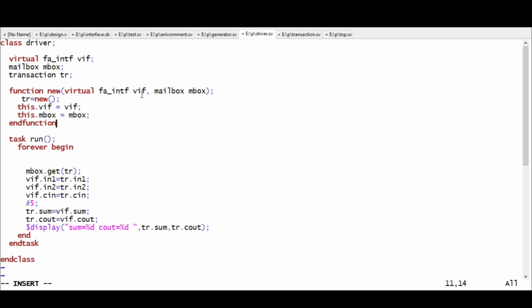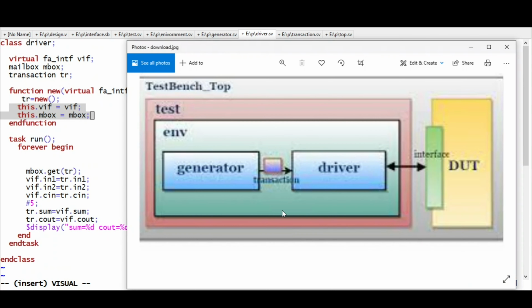see here also, in function new, we are only assigning memory to our transaction, tr equal to new. And this virtual interface and mbox, we are getting from another class, that is an upper-level class. So I guess you will guess: there is a generator, there is a driver, so which one is the upper class for this?